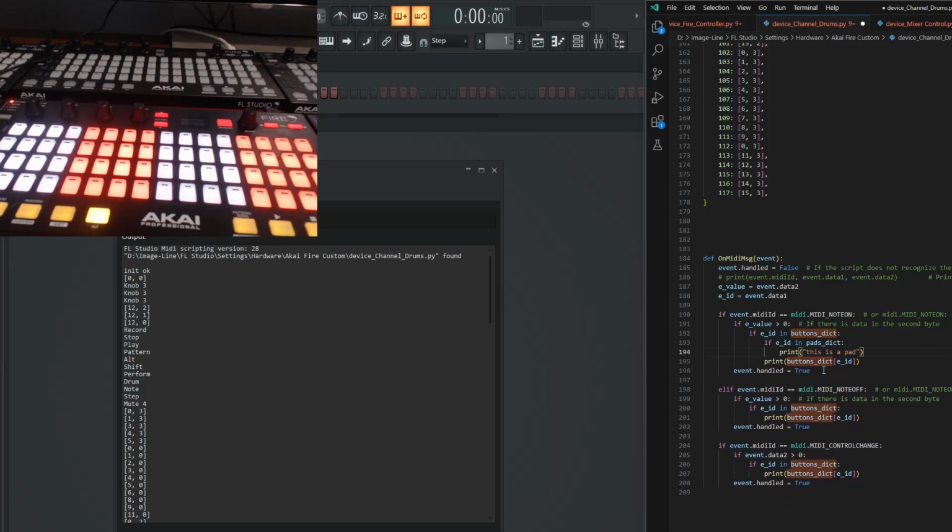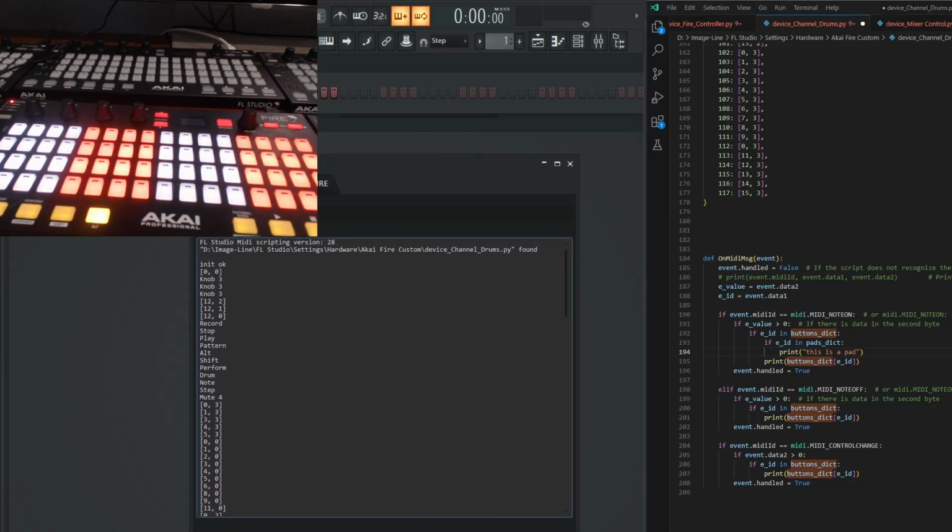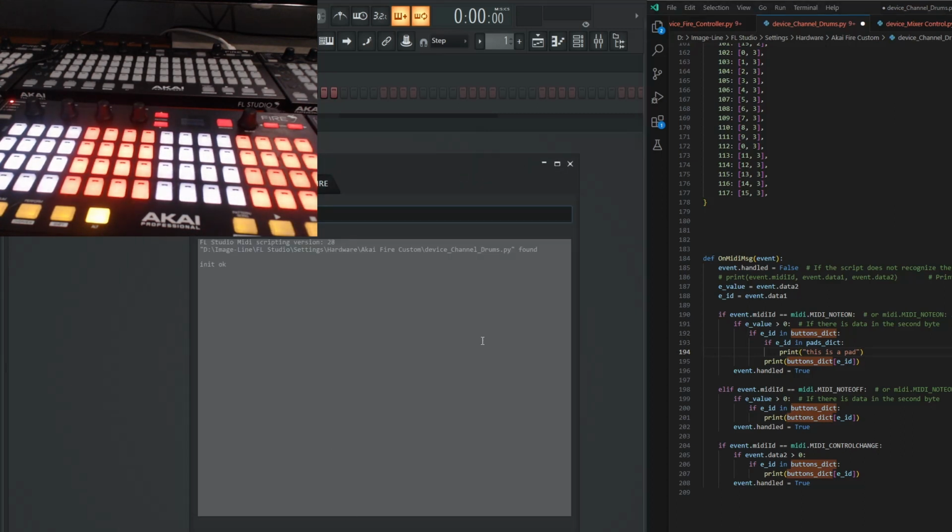this is a pad, and afterwards it should print the coordinates of the pad. So I'll just go here and go reload script, and I'll hit a button, mute one, mute two, mute three. If I hit a pad, it should say this is a pad. Now it says this is a pad. So I'm making sure that whatever I'm hitting is a pad,